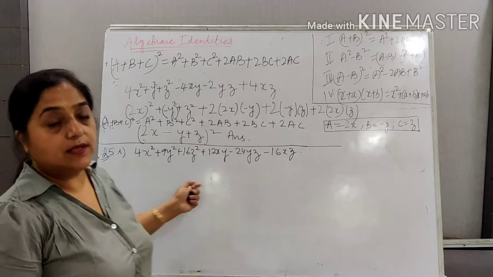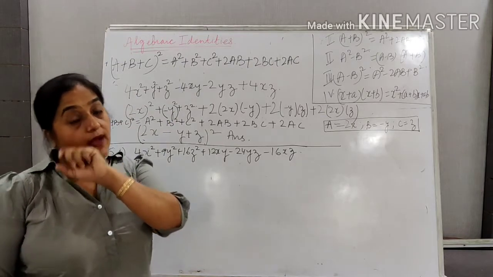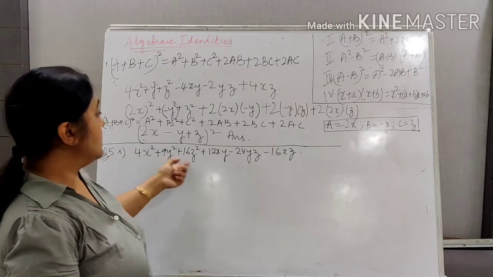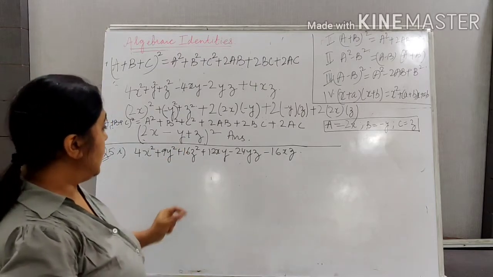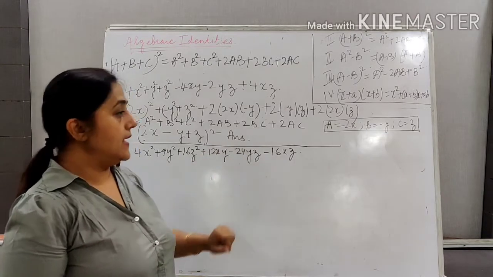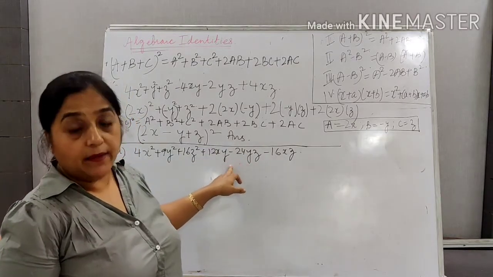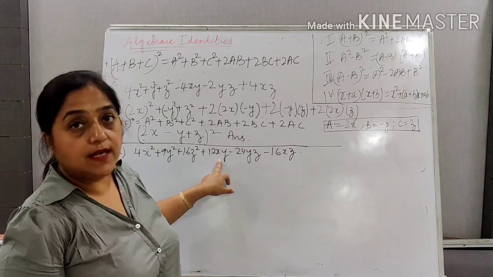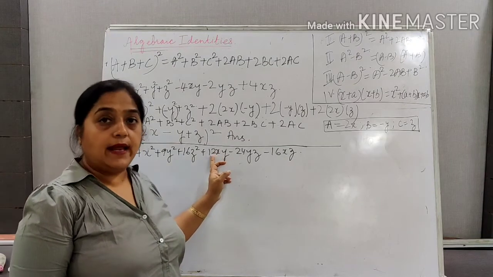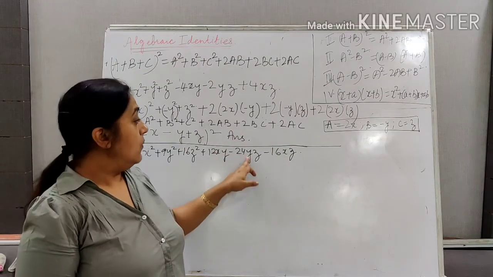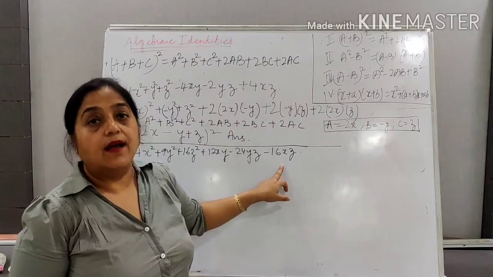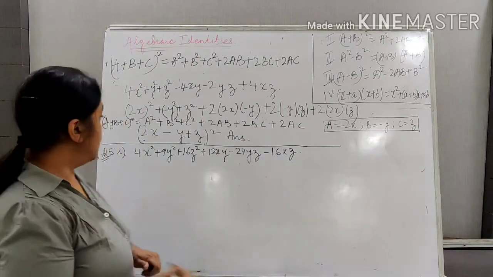So again, the question contains two negative terms. So you have to identify which term is negative. Is the x term negative or y or z? How will you identify? You will see, xy is positive. Right? So yz is negative. That means had y been negative, then this should also have been negative. 12xy is not negative, right? So that means neither x nor y is negative, only z is negative because both the terms which are containing z are negative terms.